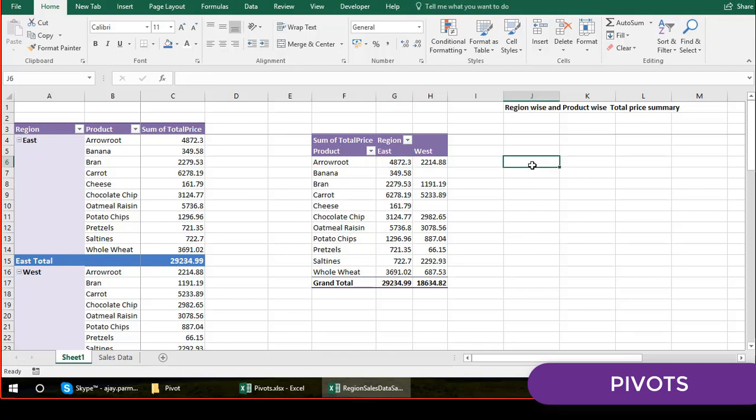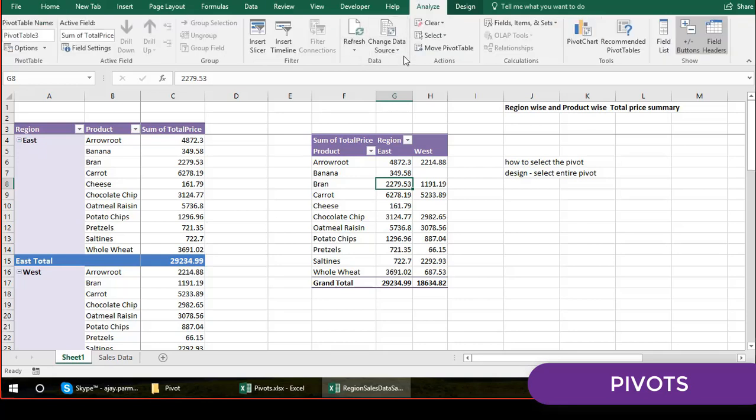How do we delete the pivots? First of all, this is what I want to say, how to select the pivot. The pivots can be selected in the design option, right? I think there we have the option called select entire pivot. So when I click here, the pivot table tool gets activated.